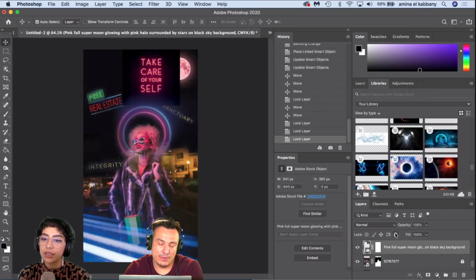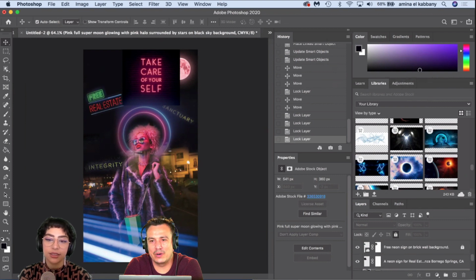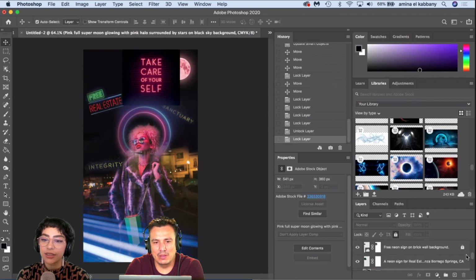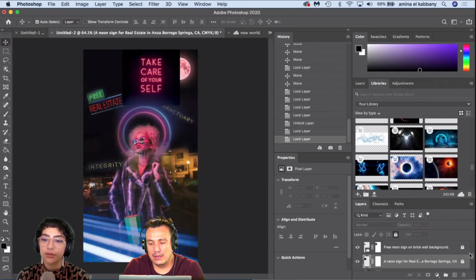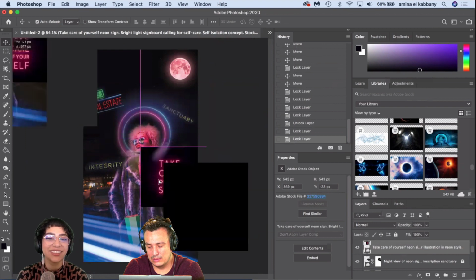Now, if you want to be super fancy, you can hit the... You're on a Mac, right? So Command-slash to lock or unlock a layer. Obviously the layer needs to be selected. Quick tips for everyone: Command-slash, or Control-slash on Windows, to lock and unlock a layer. And if you just hit the slash without hitting the Control or Command key, you'll lock transparency. Oh, good to know. This is super helpful for me.